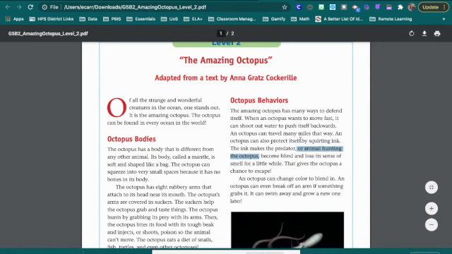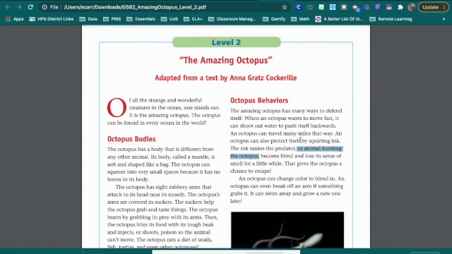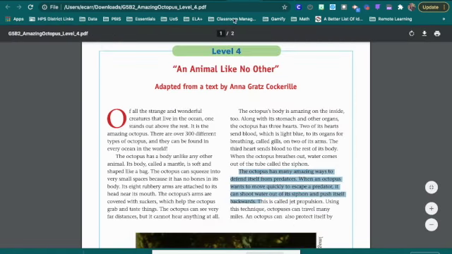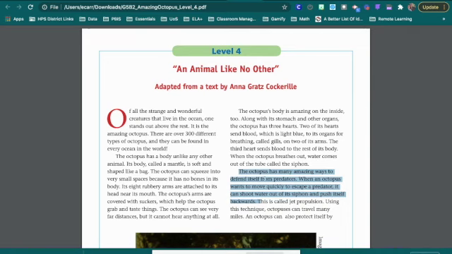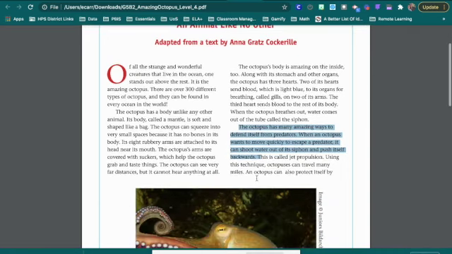When you read a nonfiction text at a fifth grade reading level, or maybe even a sixth grade reading level, the vocabulary words aren't as easy to figure out. Here is the same article written actually at a fourth grade reading level. So even moving up to the fourth grade, it doesn't become as clear to us. So let's read this highlighted text. The octopus has many amazing ways to defend itself from predators. When an octopus wants to move quickly to escape a predator, it can shoot water out of its siphon and